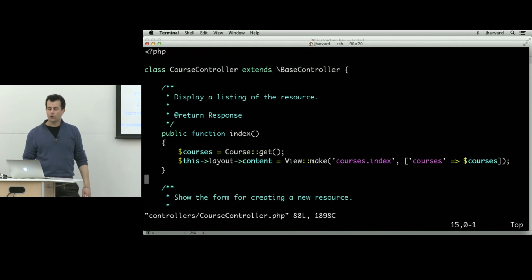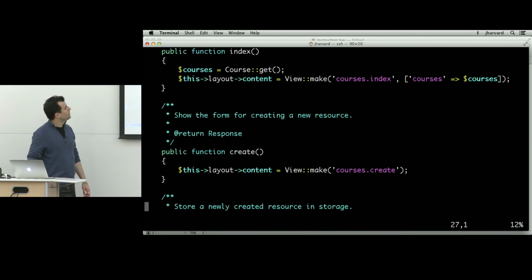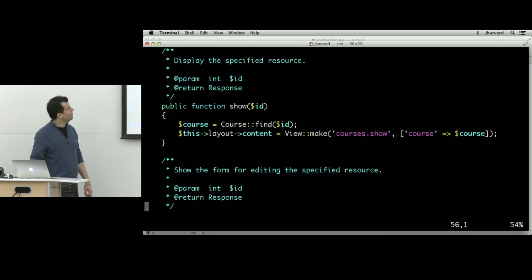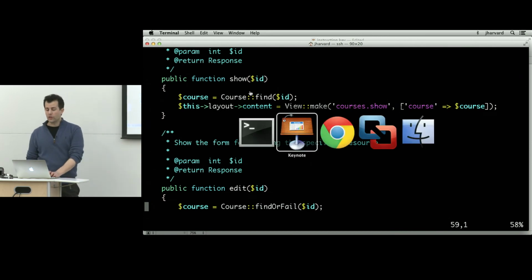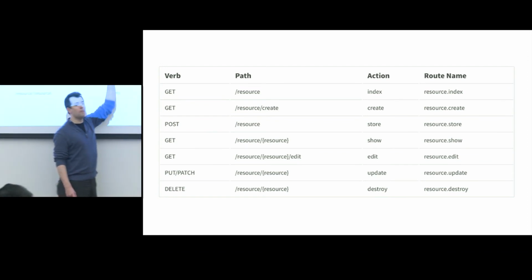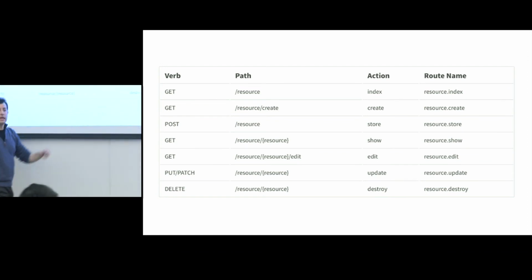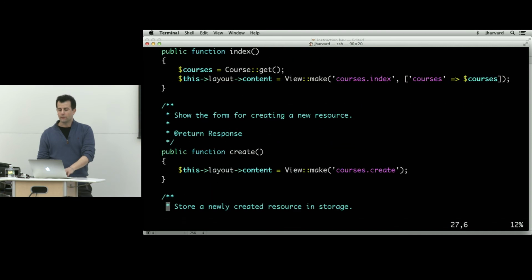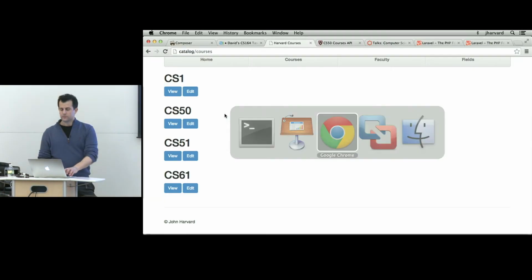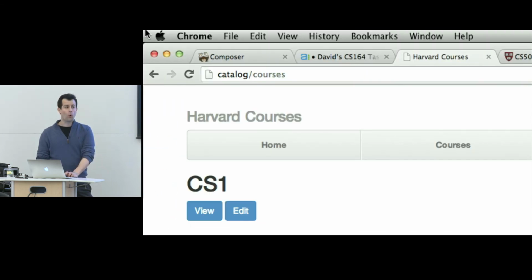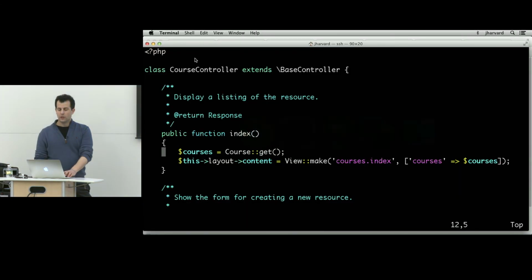If I open this file, notice that there's an index method, a create method, a store method, a show method, an edit method, and so forth. In short, Laravel and I have collectively implemented all of these method names inside of this file. And Laravel is going to take care of the process of figuring out, was this a get, was this a delete, was this a post? It will route the user to the appropriate line of code. So when I go to, for instance, courses, the URL for which is just /courses, this is equivalent to executing